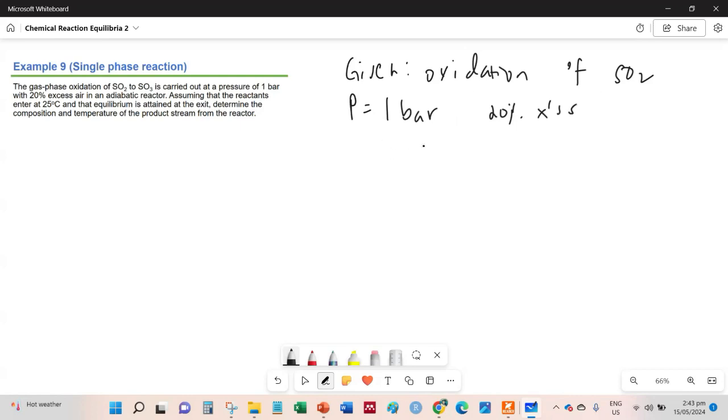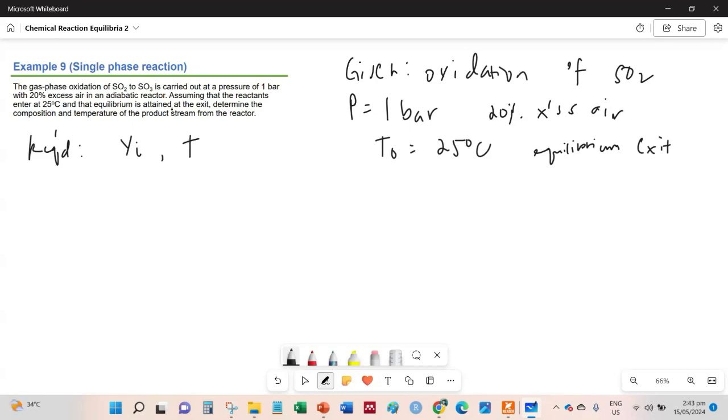The initial temperature is 25 degrees Celsius. Equilibrium is attained at the exit. So we need to find the composition at the exit and the temperature also at the exit of the product